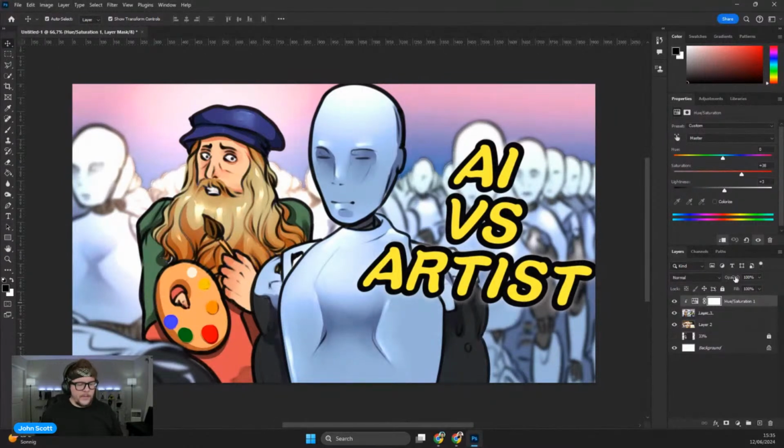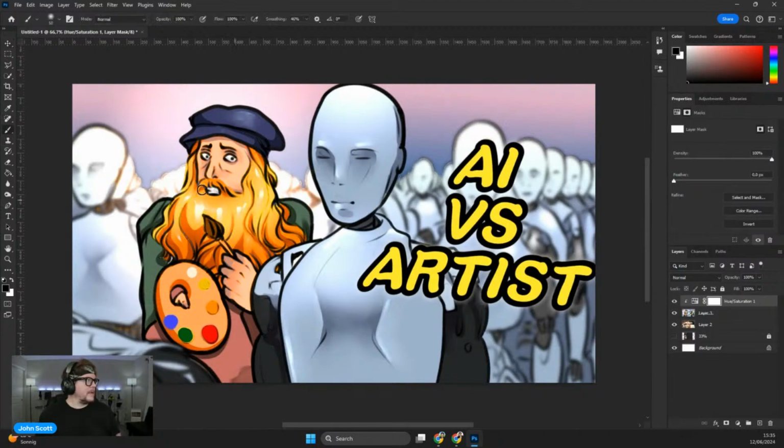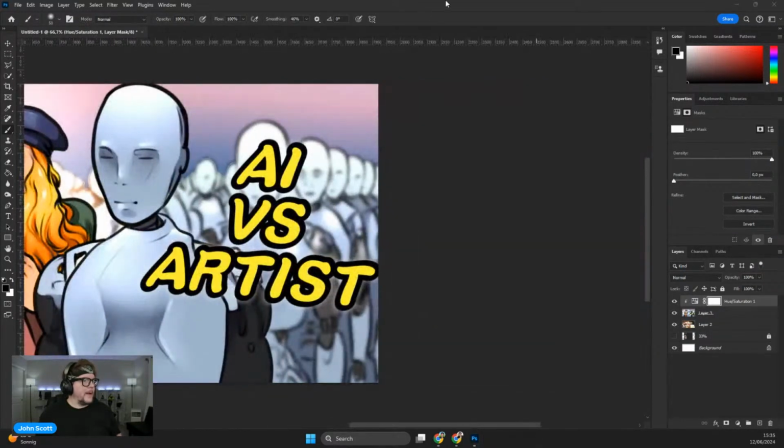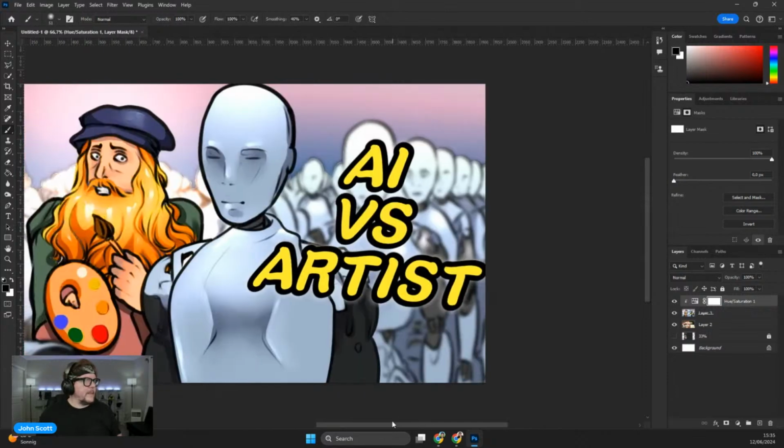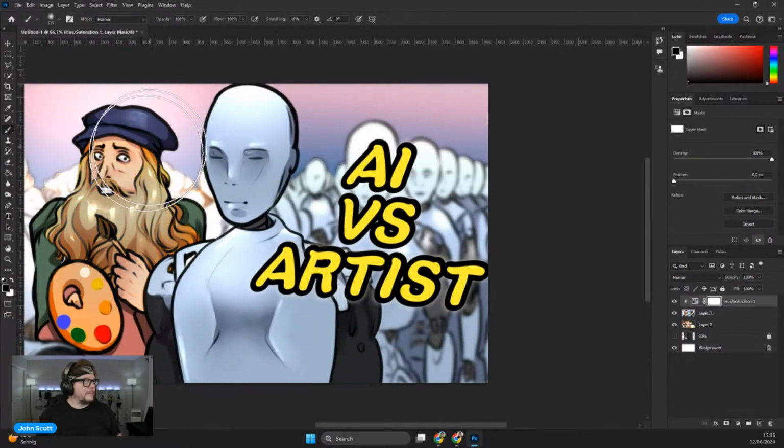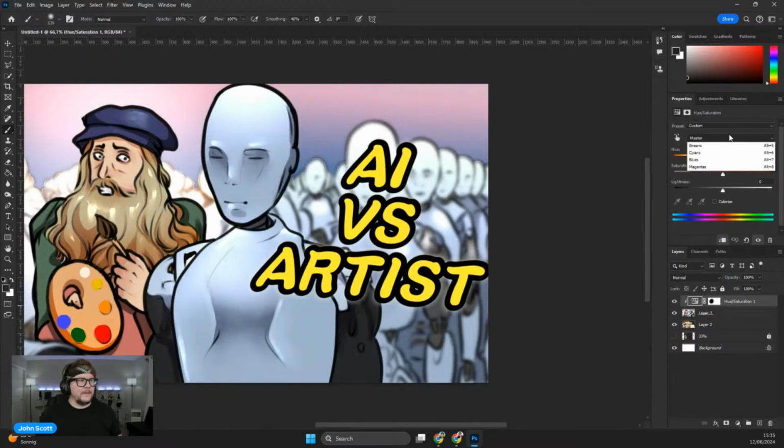But the one thing I noticed is that you want text to be very specific and pop. So if nothing else, you could just make the yellow pop more. Sorry, I didn't mean to make his beard. There. So yeah, you could bump up the yellow just a little bit. Just something to consider.